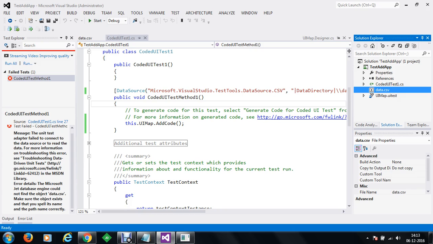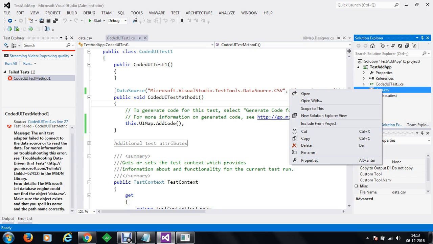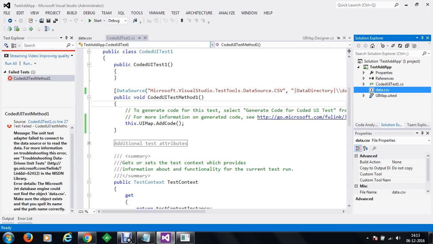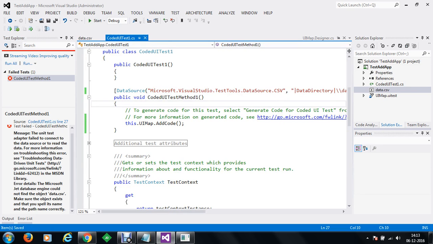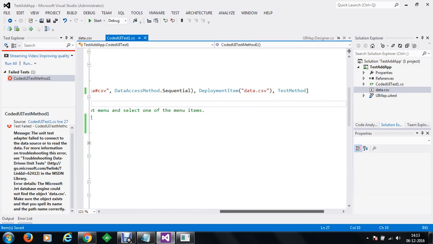Okay, so let me just check what is the exact issue why data.csv is not being identified. Though we have the file available here, we have the data.csv file here, we have numbers 1, 2, 3 and we have individual values, that is the CSV values we have. All seems well.